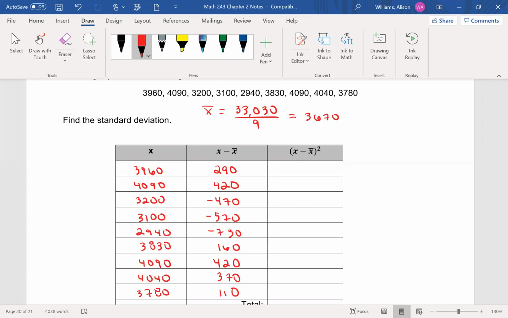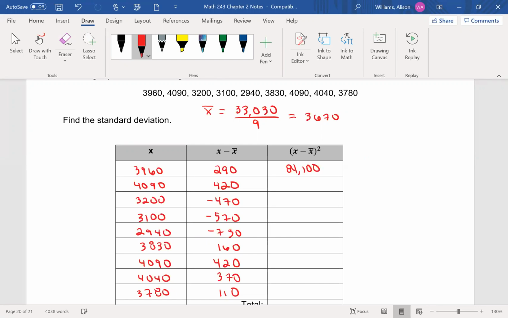Okay, so I'm going to square each of these. And remember, when you square these, if you put it in the calculator, you do need to put parentheses. I kind of indicated that by putting parentheses around this top thing. The reason is, if you don't put parentheses but you put a negative, the calculator is going to assume the negative carries into the answer. But we do not want that. The whole point of squaring this is to get rid of the negative values. So all of the negatives are going to go away when we square this. So this first one is going to be